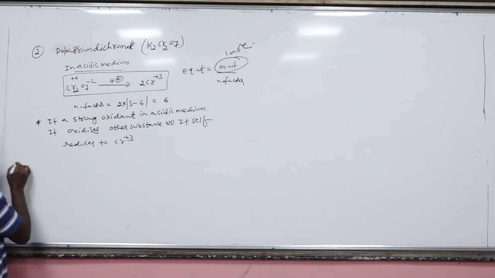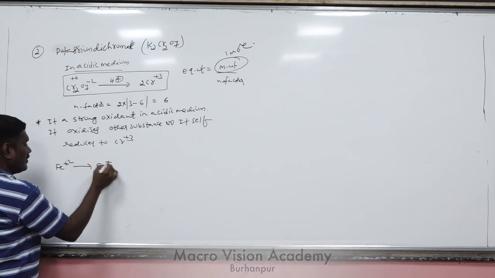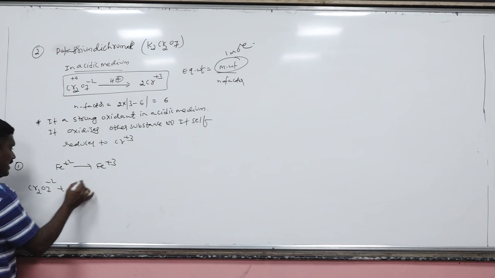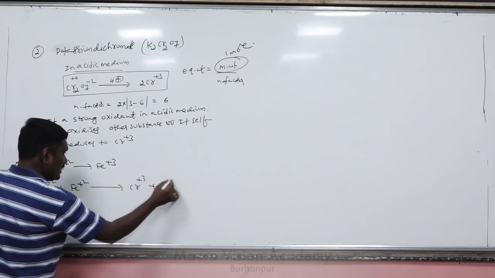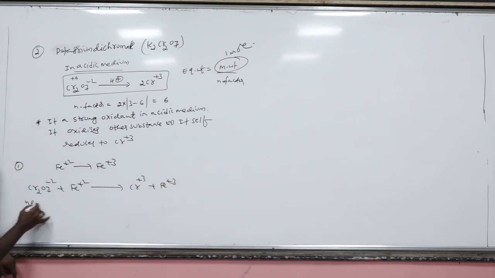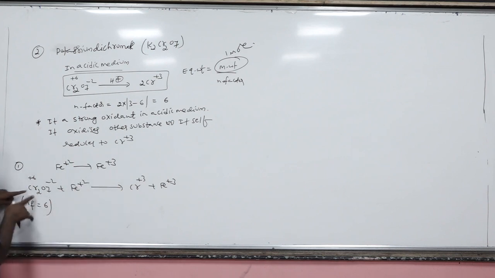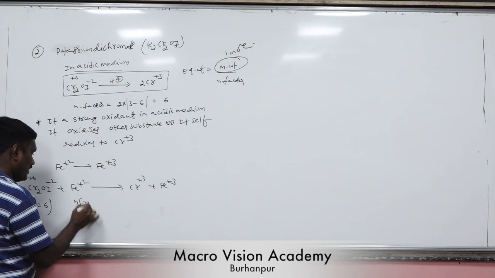Same. Let's suppose ferrous ion gets oxidized to ferric ion. So dichromate oxidizes ferrous ion into ferric ion and is itself reduced to chromium +3. Are you getting my point? Now, calculation of N factor. What is the N factor here? 6. How? Plus 6 changes to plus 3. Change will be 3 per atom. 2 atoms, 6. So N factor here is 6.